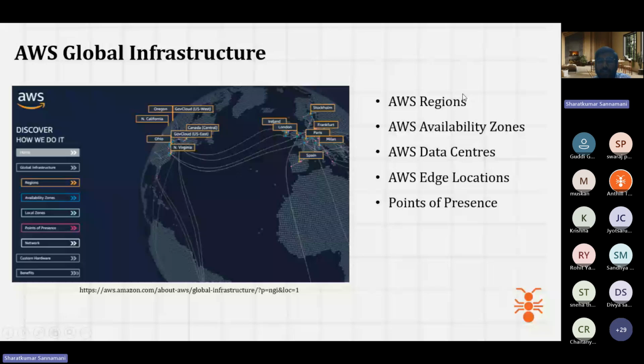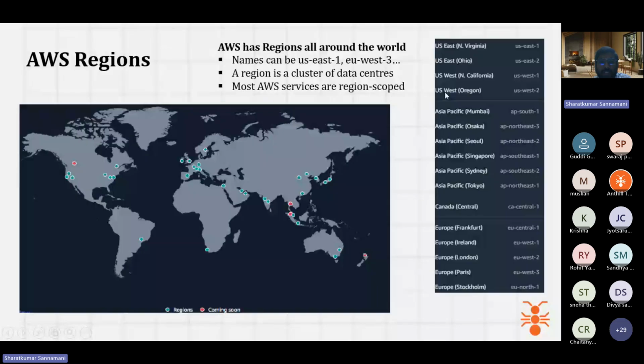Now I'm just showing you here. This is a global picture. This is one continent, this is another continent, this is another continent. Whatever blue dots you are seeing, all of them are regions. For example, here in India it is Mumbai and Hyderabad. Here is Asia Pacific, this is Asia.